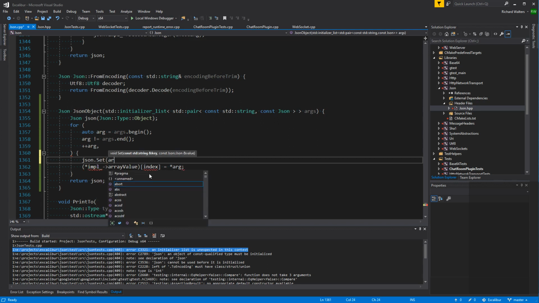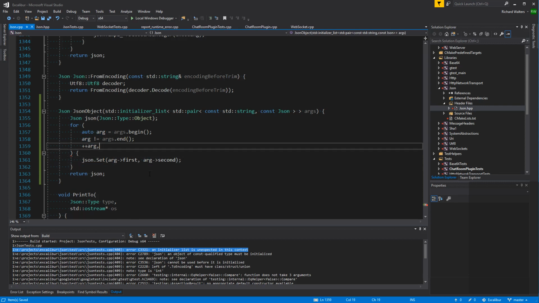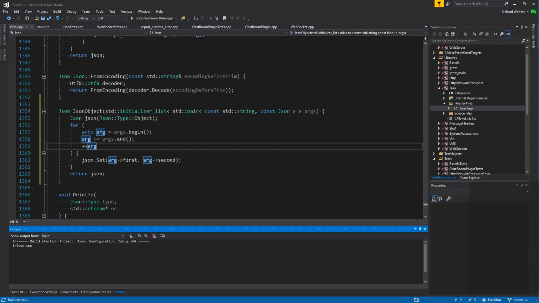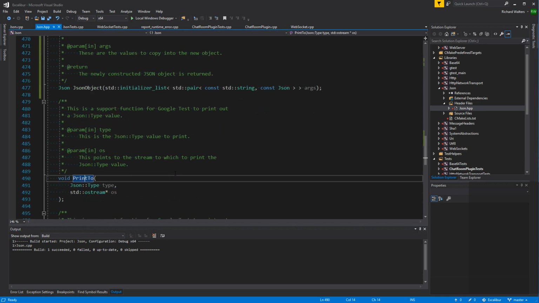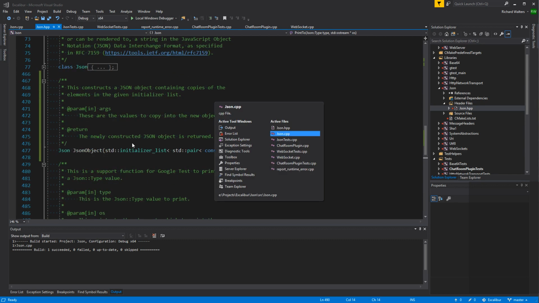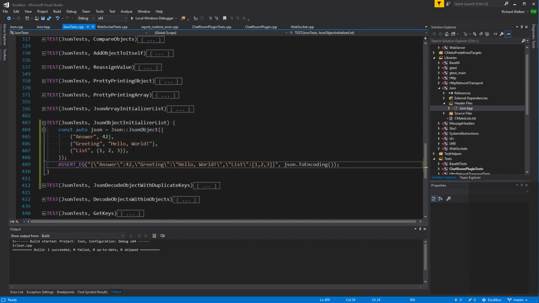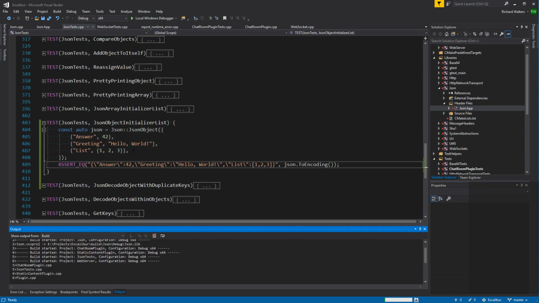The key is arg dot first, and the value is arg second. So there we go. It's a bit of syntactic sugar, I guess you could call it. It's not actually changing the JSON class, it's just making an easier way to specify one.